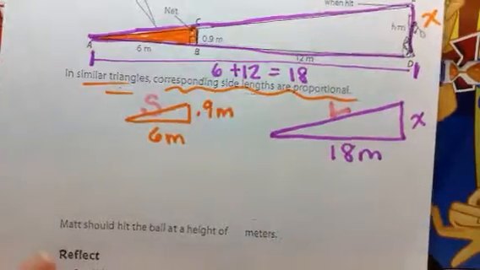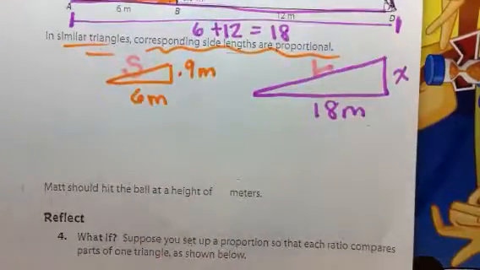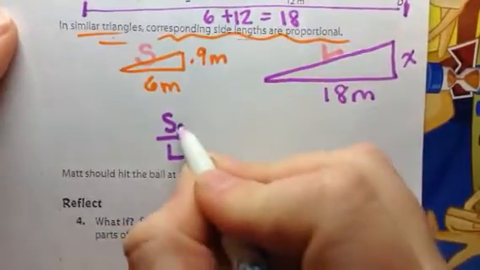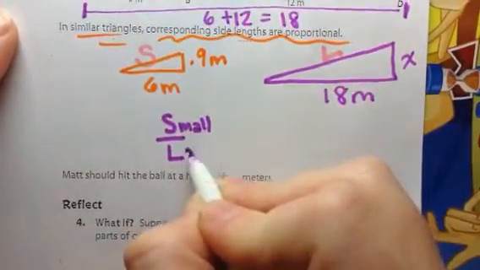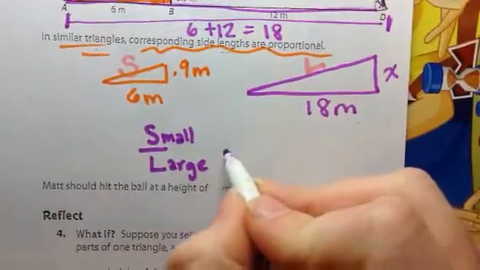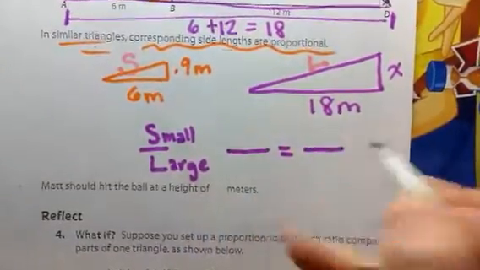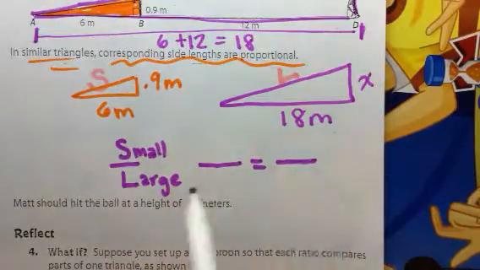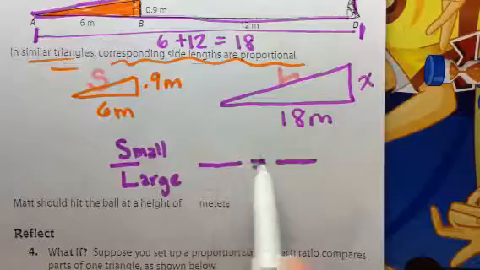Whenever you set up your proportion, there's so many different ways for y'all to set it up. But the most important thing is to use labels and to be consistent. So, my favorite way is always small over large. If y'all aren't using word labels, you're not as likely to set it up correctly. Now, you know a proportion is made up of two equal ratios, so I got to put my bar equals